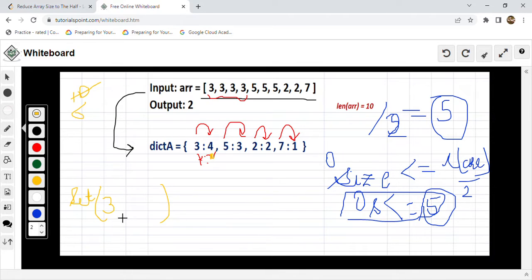Okay, now still 6 is greater than 5, greater than half the length of this initial array, so we would go further. Now what comes next? 5. Okay, now 5, the frequency of 5 is 3, so we will put 5 here, and what it will become? 6 minus 3, 6 minus the frequency of 5. Okay, now it would become 3, but 3 is less than 5, and it is